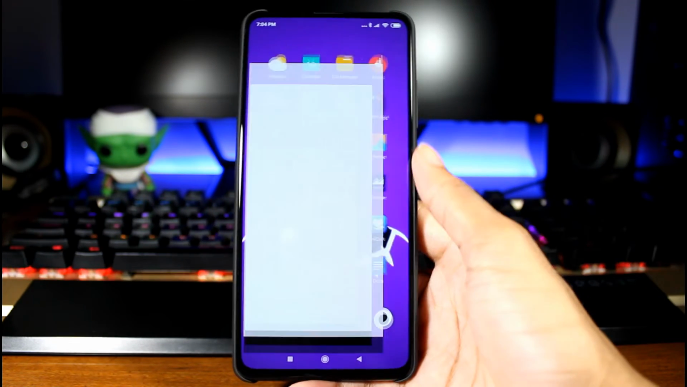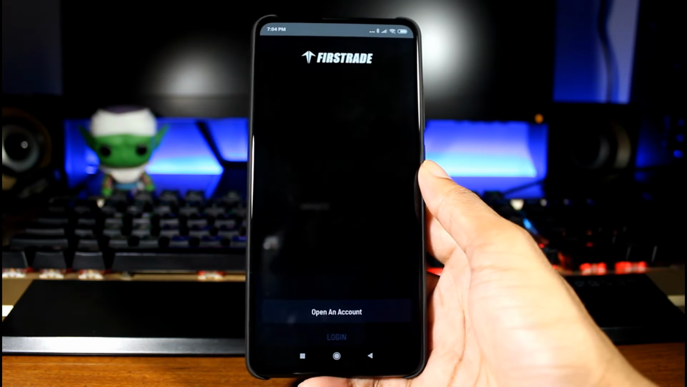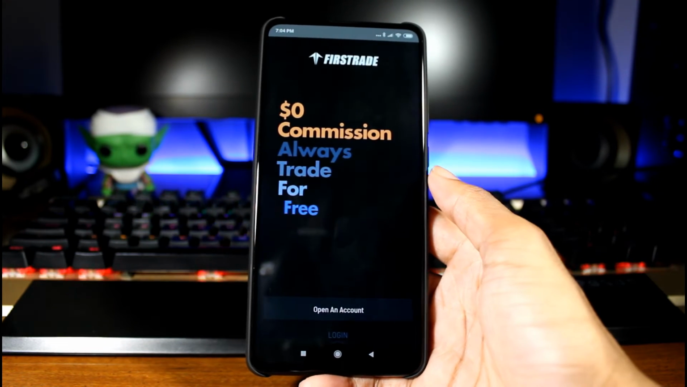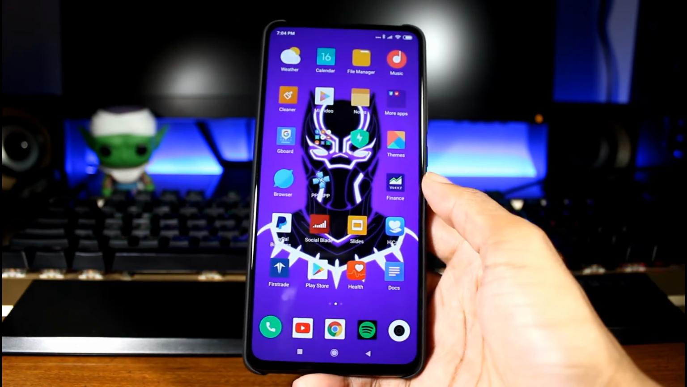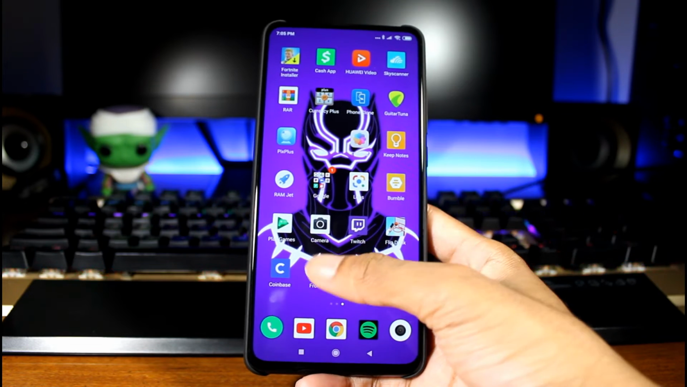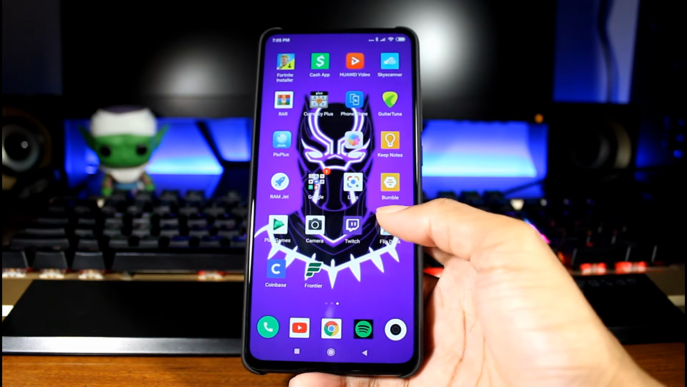Yahoo Finance. First Trade is another free stock trading app. So if you guys are into learning about the stock market, this is zero commission, so it's free. It's a pretty nice little beginner app. Frontiers for booking flights. Another cool game is